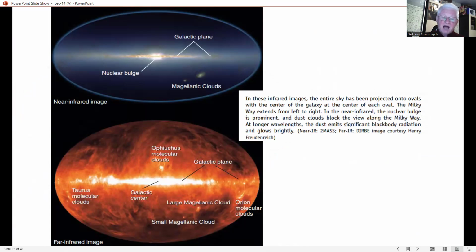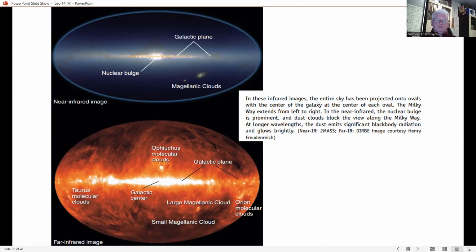Observations made at other wavelengths can also see through the dust and gas. Infrared photons have wavelengths long enough to be unaffected by the dust. And thus, a map of the sky at long infrared wavelengths reveals the disk of our galaxy. The most striking features of the disk component are the spiral arms, long curves of bright stars, star clusters, gas, and dust. Such spiral arms are easily visible in other galaxies, and you will see later that our own galaxy has a spiral pattern.